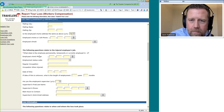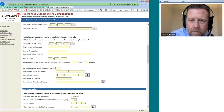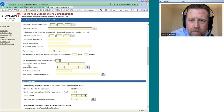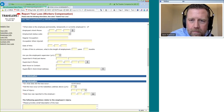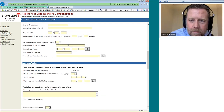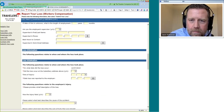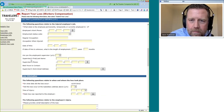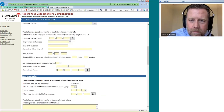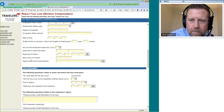And this, you have a balancing act here, because we're asking you to provide a brief description of the loss, but you have 234 characters, and we don't want you to do what some people will do. Well, they'll have like, worker fell on floor. You want to put in something where maybe it's not a novel, but worker was walking down hallway and slipped on spilled Coke,